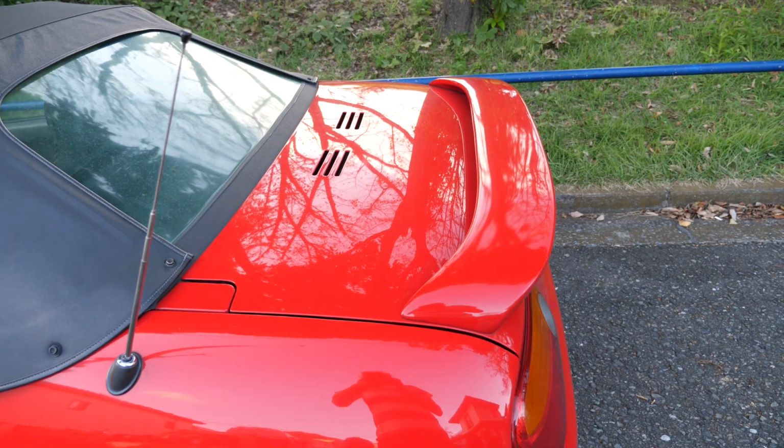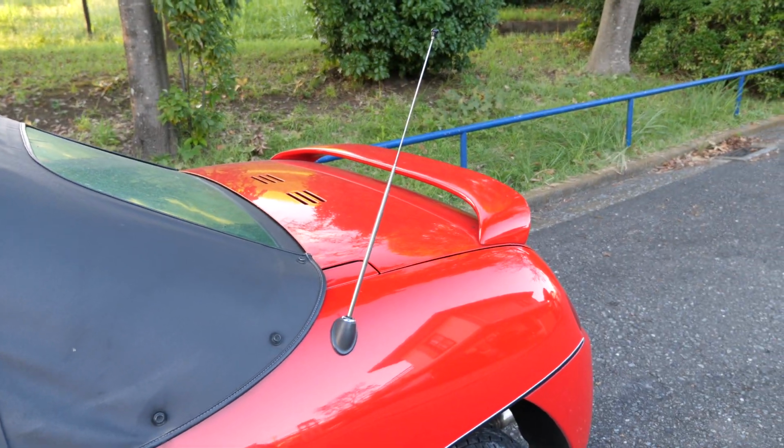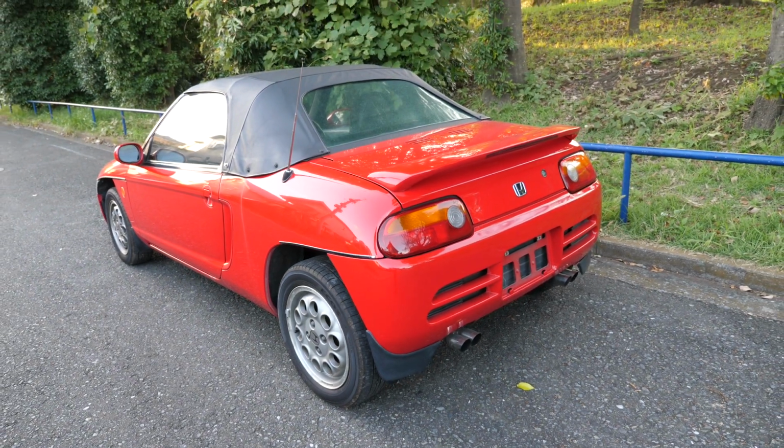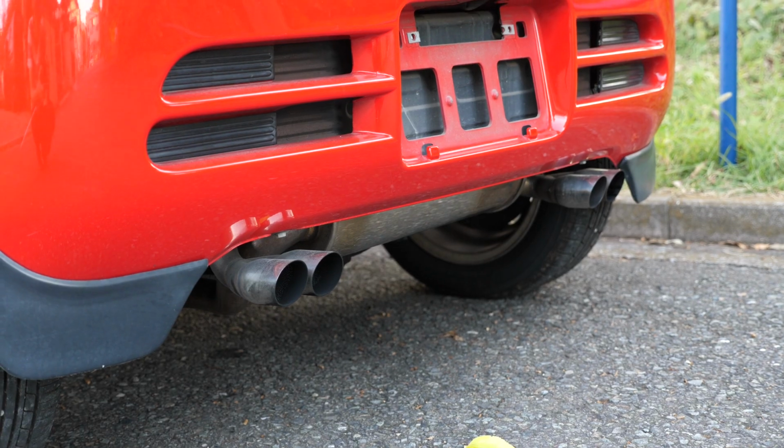This is an original spoiler on the back. It is optional. You can get them with or without a spoiler. Or a wing, I guess you would consider this. Maybe spoiler, maybe wing. I don't know. Alright, I think the exhaust looks good, and boy do I want to show you how it sounds when you